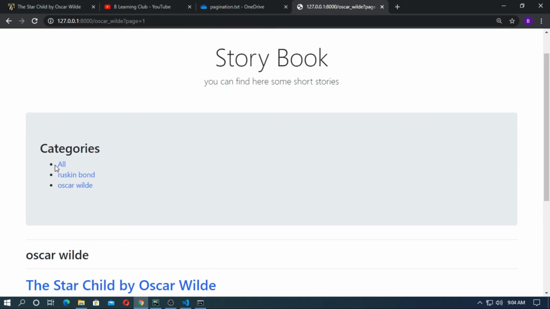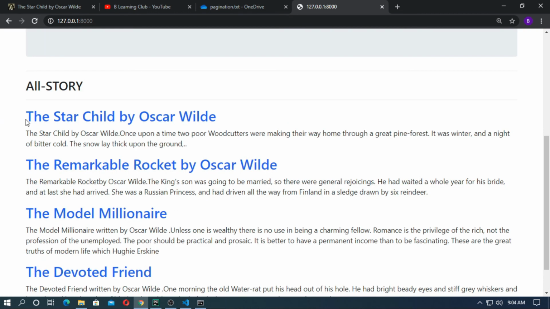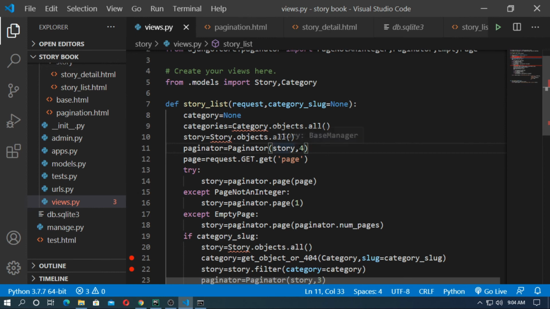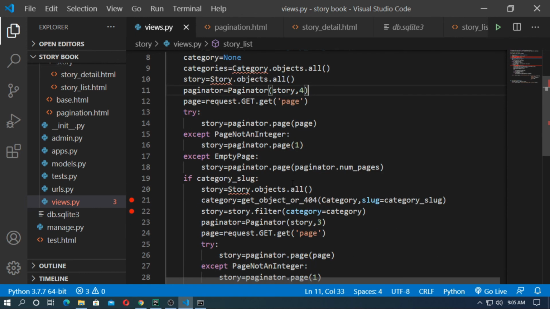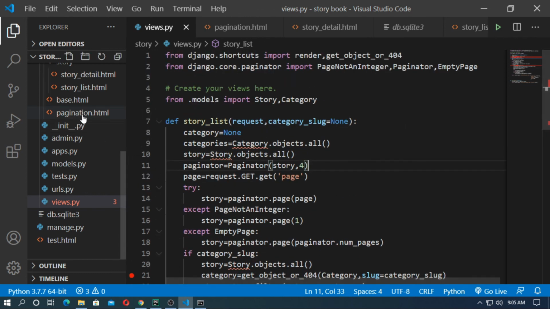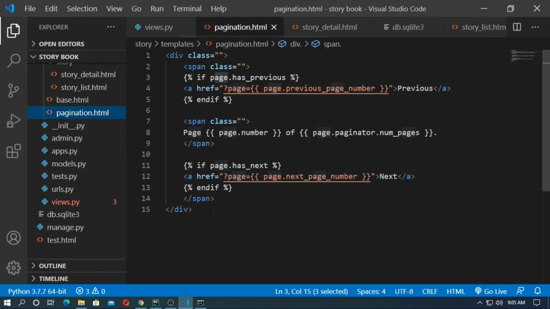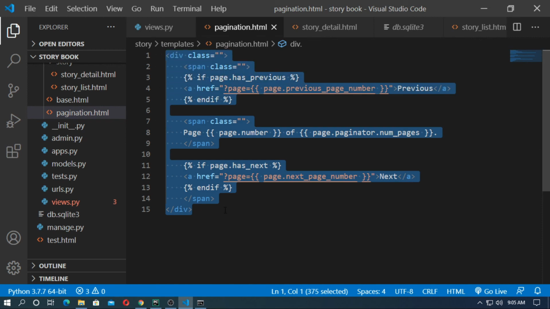So if you click all, then each page has 4 stories, because here I typed 4 for each page. Okay, so you can change it or not, and you can download the pagination.html file from the description box, otherwise you can write it. So this is a very simple code. For time saving, I just copy and paste this code. You can download it from the description box.